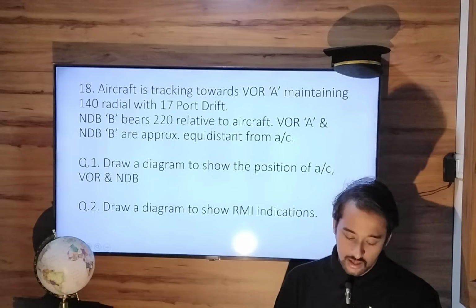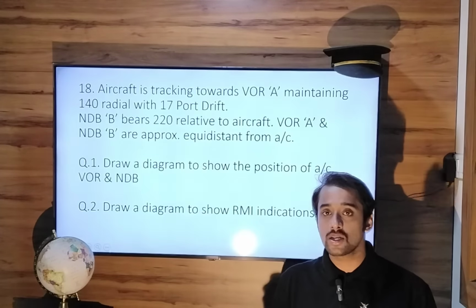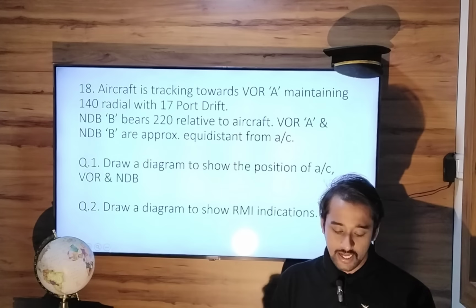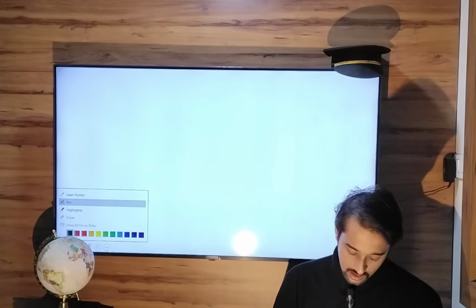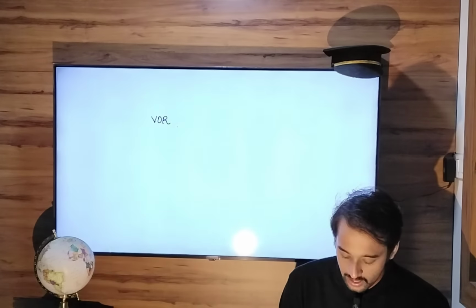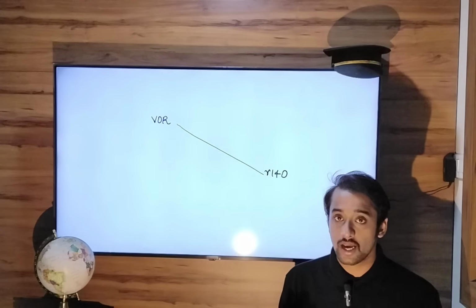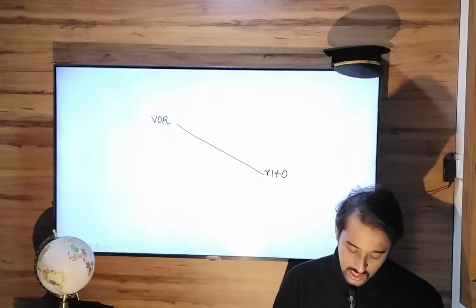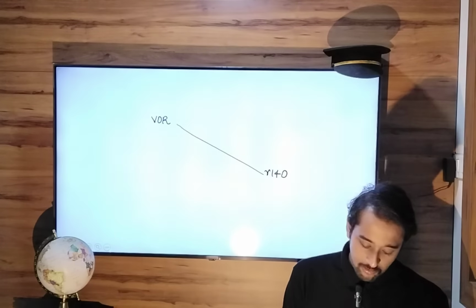Next question, question 18. Simple. Aircraft is tracking towards a VOR station, maintaining 140 radial. So let's draw a VOR station. This is your VOR station, and there is a radial 140. The aircraft is tracking towards this VOR station with 17-degree port drift. So port drift